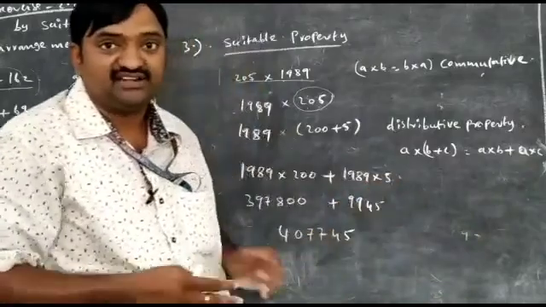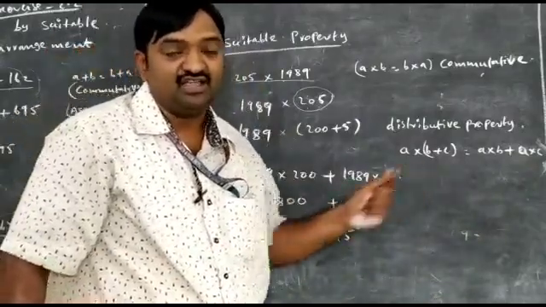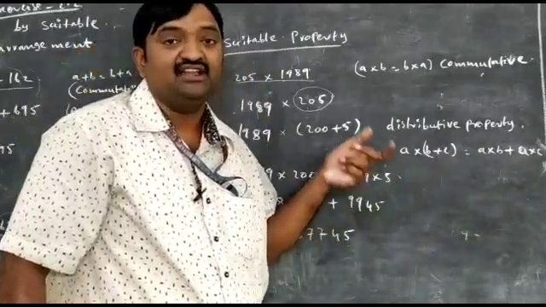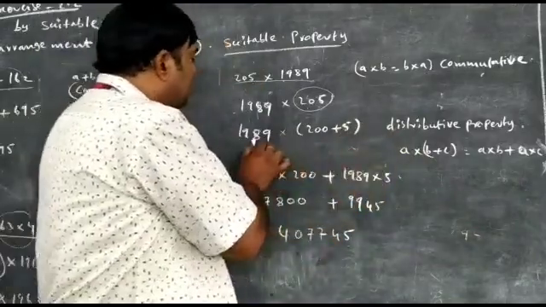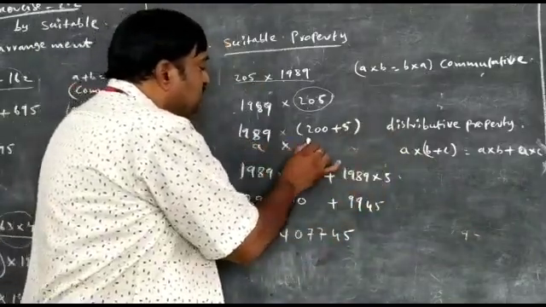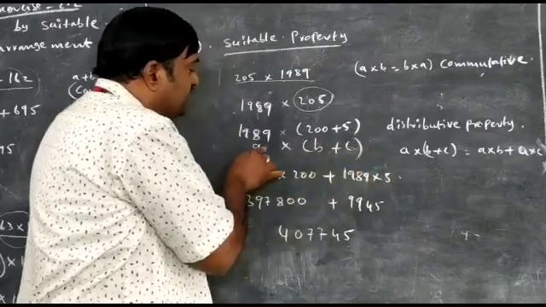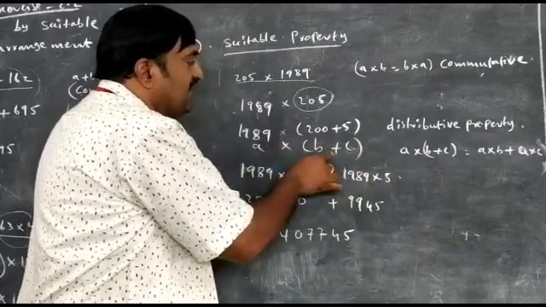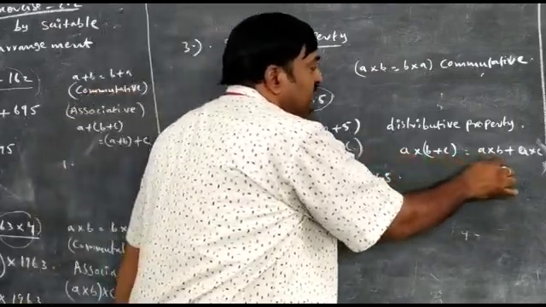Last class I explained clearly how it is possible, whether it is equal or not, the verification, everything I explained last class. Like this, it will look like A into B plus C. Which way do I want to write it? A into B plus A into C.